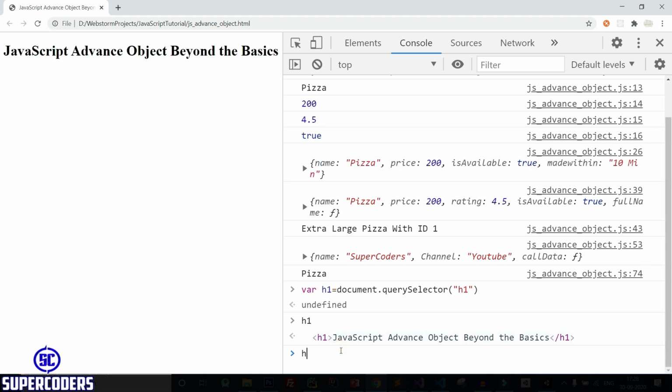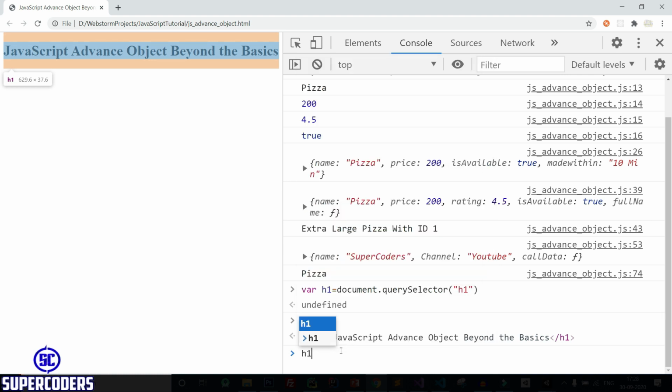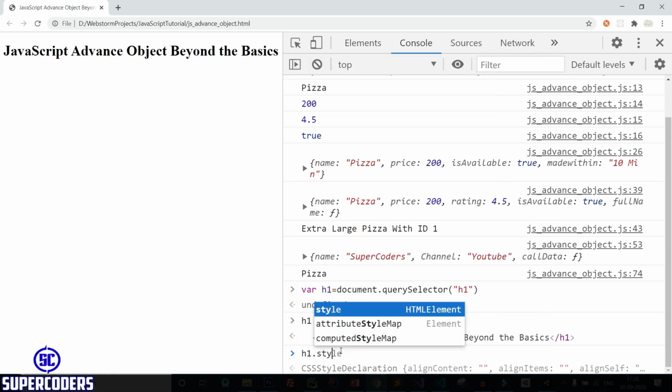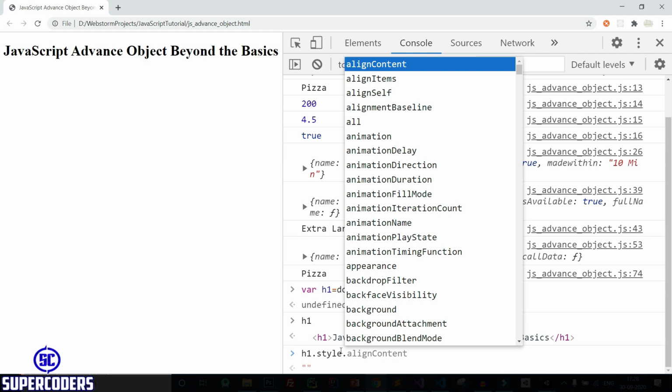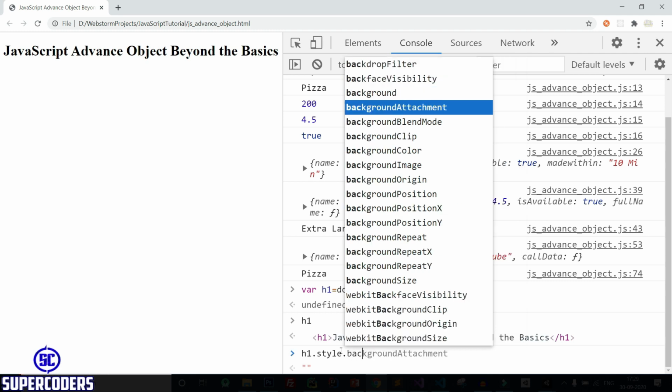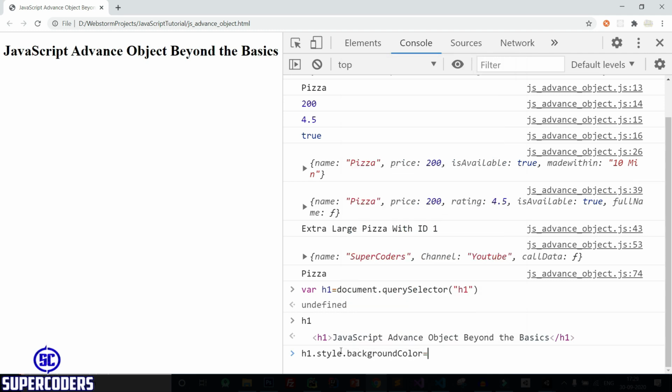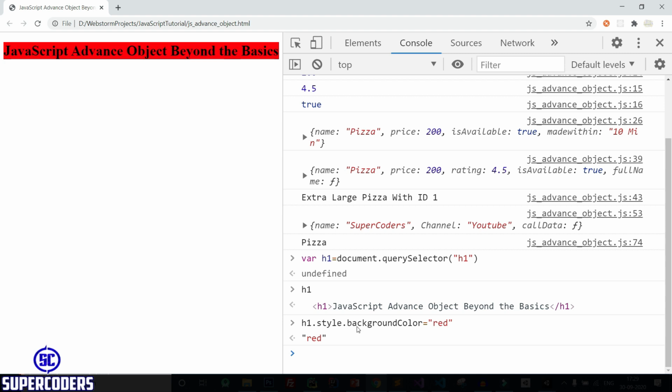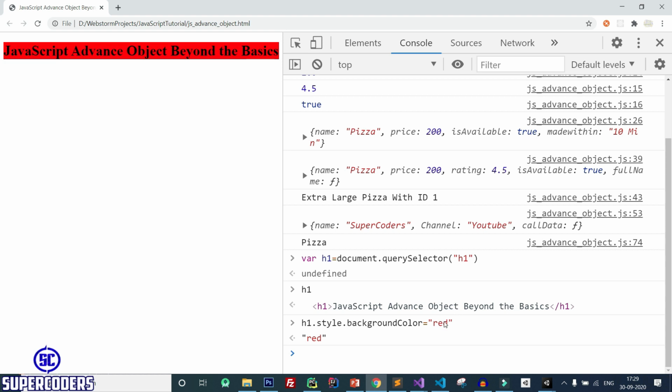But if I try to use some styling like style dot background color, you can see red. I use this styling property, h1 dot style dot background red, but here you can see background color is a different type of key.